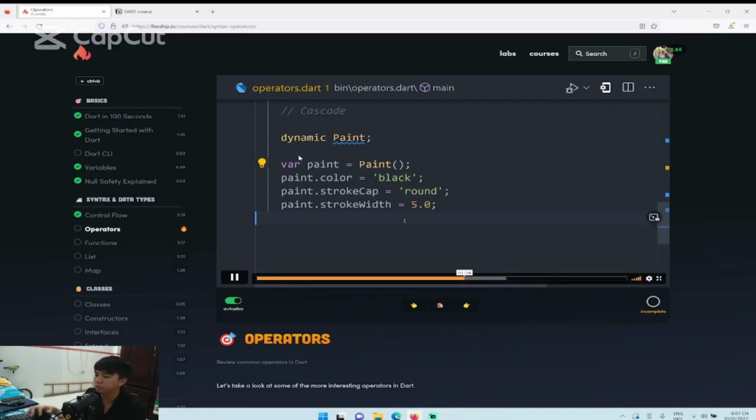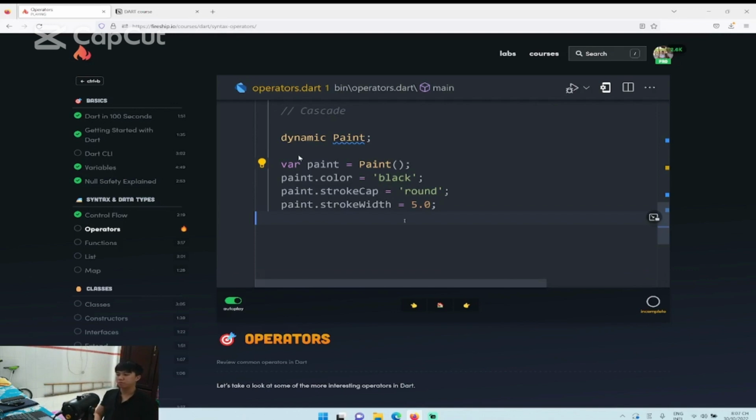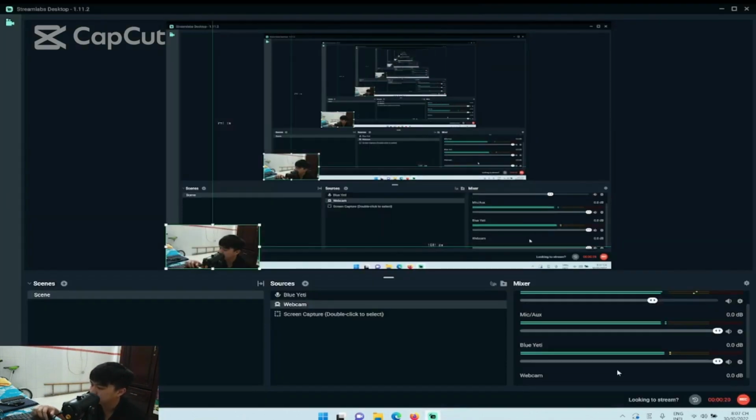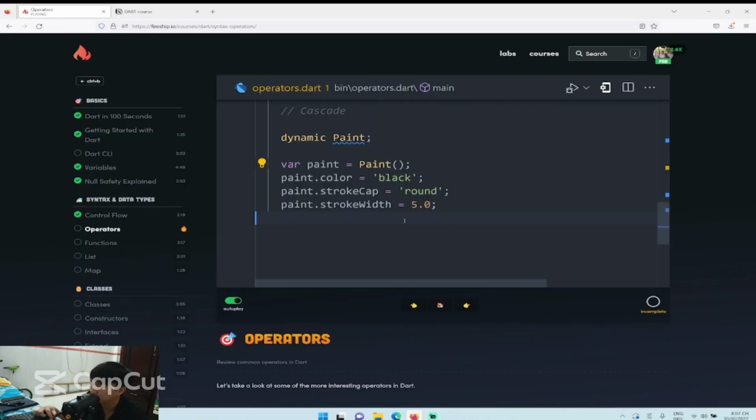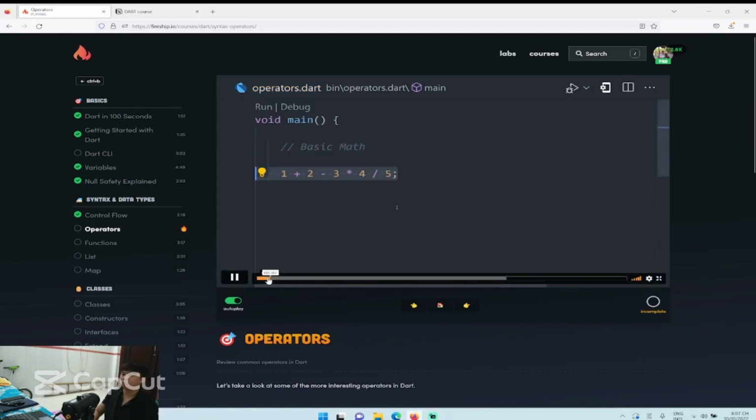Operators. An object. For this to make sense, let's first look at an example that's not using the cascade operator. As you can see here, we're creating an object called paint, and then we're accessing and modifying multiple different properties on that object. When it comes to Flutter development, you may want